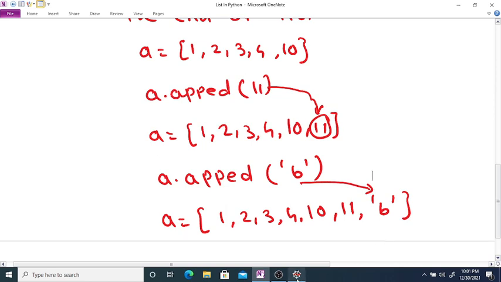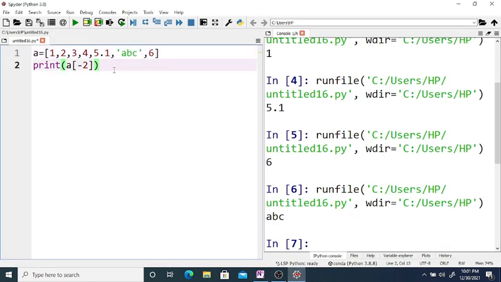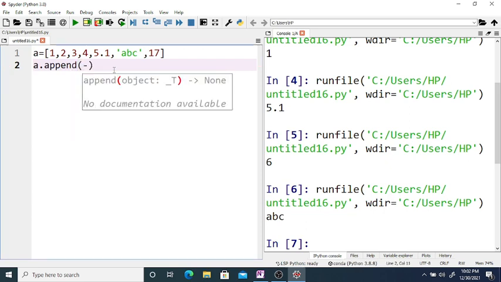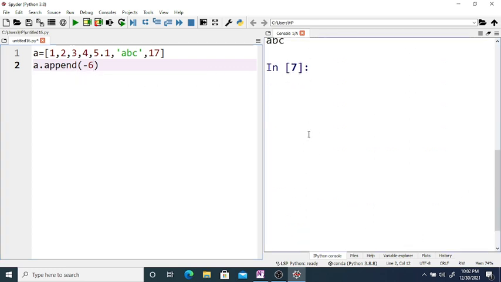For example, suppose this is the given list, and you want to append, say, -6, then this -6 will be added at the end of the list.